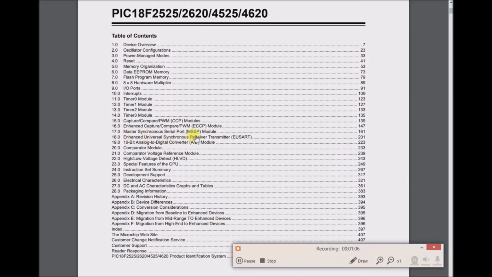enhanced universal synchronous receiver transmitter, 10-bit analog to digital converter module, comparator module, comparator voltage reference module, high-low voltage detect, special features of the CPU, instruction set summary, development support, electrical characteristics, DC and AC characteristics, graphs and tables, packaging information, revision history,